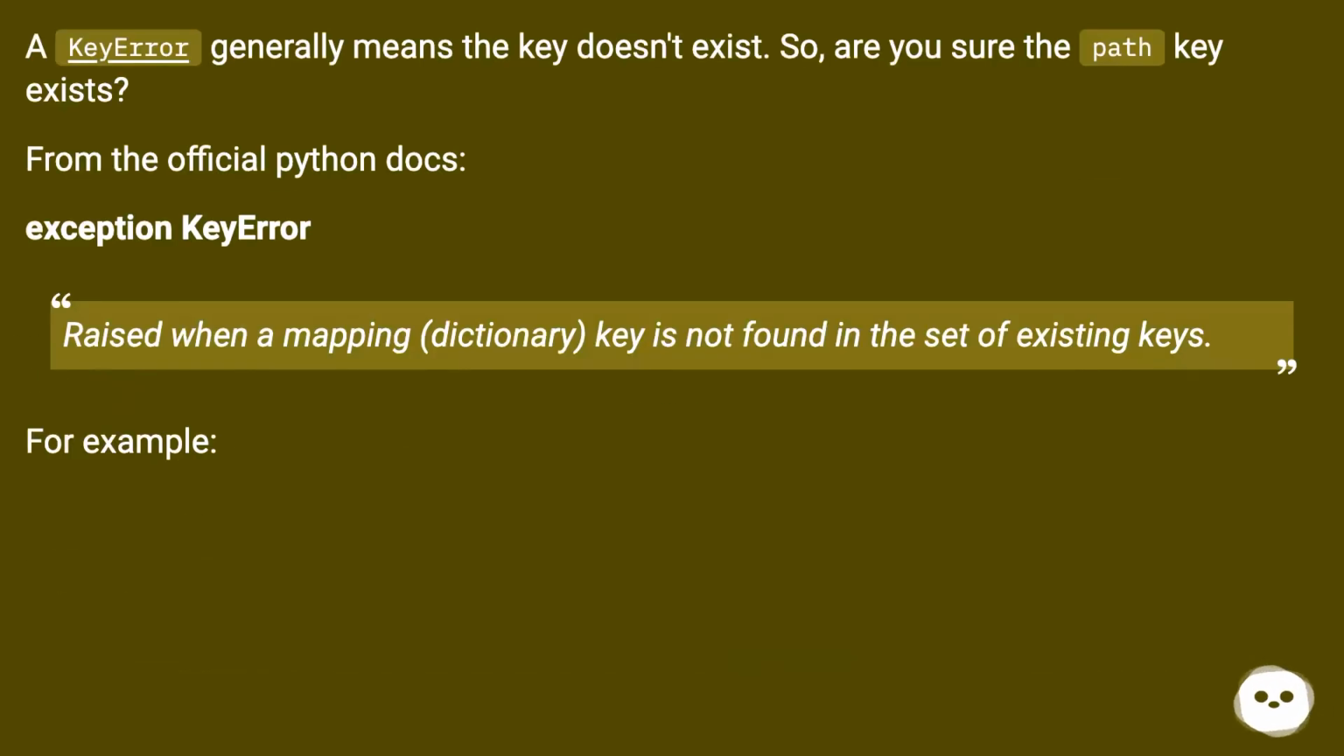A KeyError generally means the key doesn't exist. So, are you sure the path key exists? From the official Python docs: Exception KeyError. Raised when a mapping (dictionary) key is not found in the set of existing keys. For example,